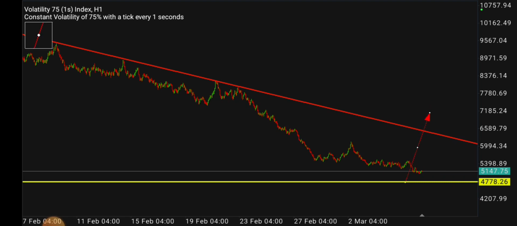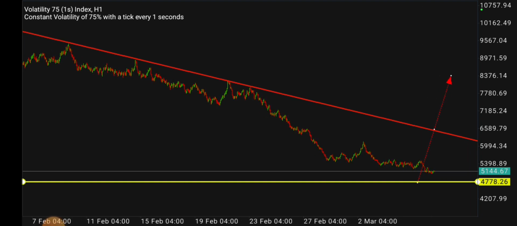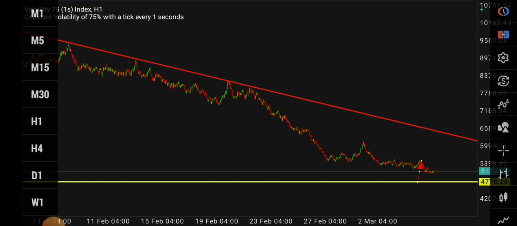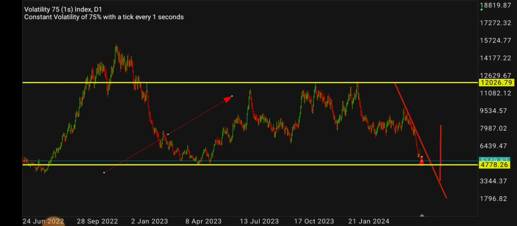But before the uptrend will be identified fully, it has to break this particular trend line and then come back for a retest. But you can still buy on this yellow line and then maybe take your profit on this red line. That is a short buy. Before, if it breaks through our main trend line and retests, then you can say, okay, the buyers have come and probably they will take the market to this other upside, this yellow line here,